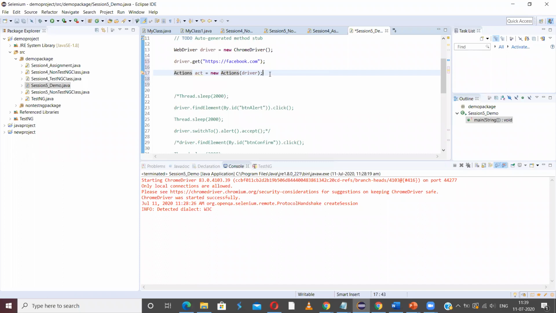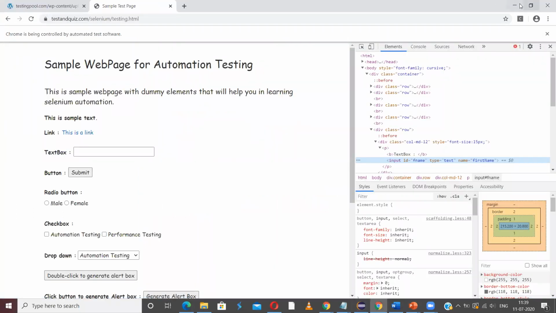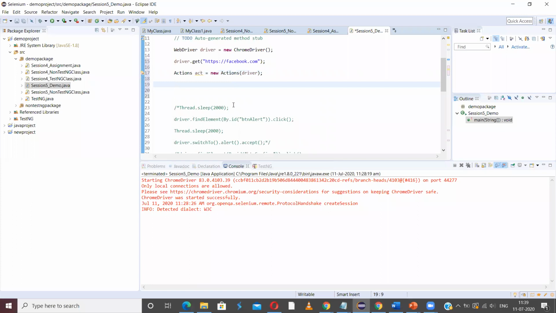Okay, so now my next thing is to click on... to see. Let me open this Facebook. First, in order to enter our username, we will go to that email field, and we will click on that one. Make sure we click on that one, and then we will enter, right?